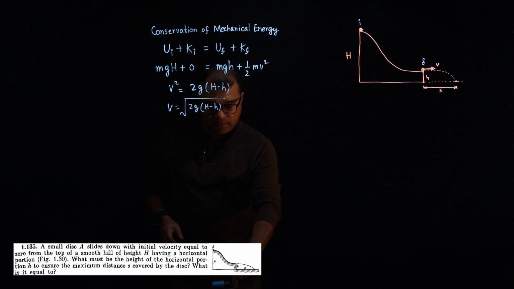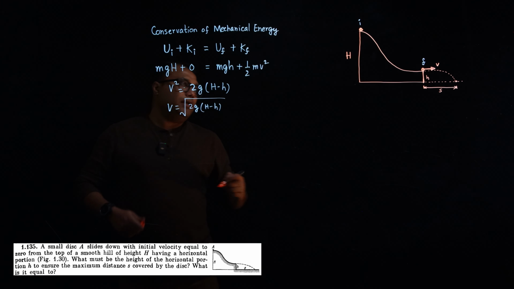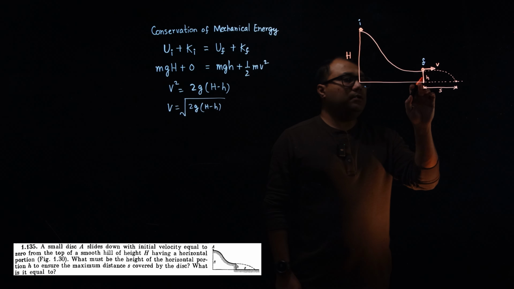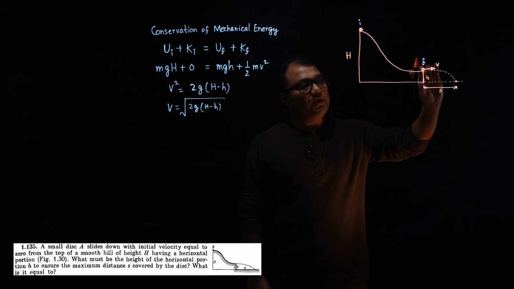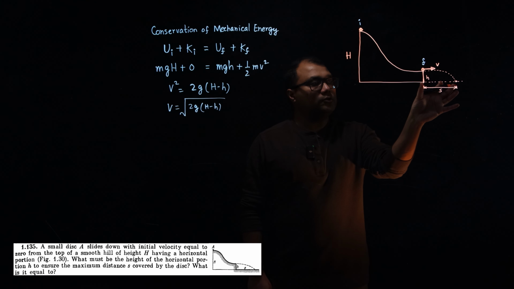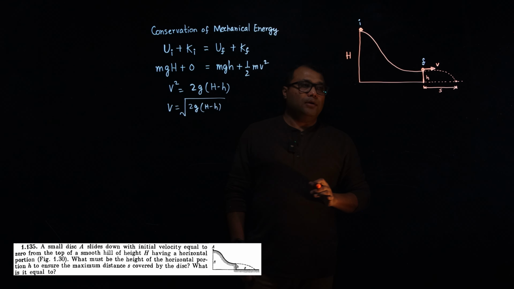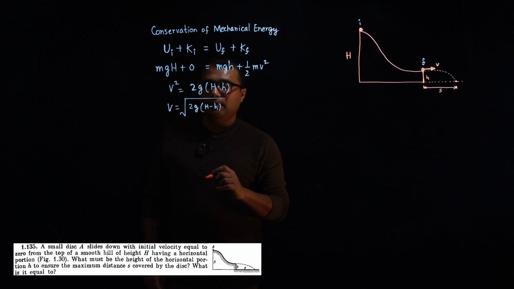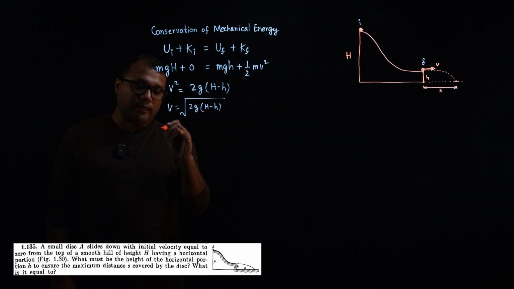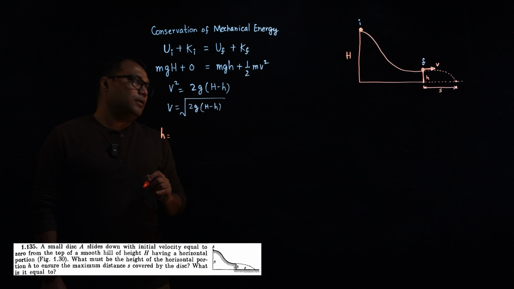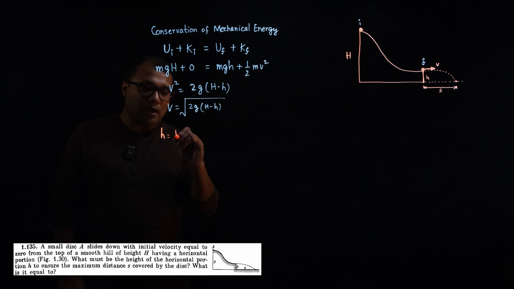Now let's say it takes time t to reach from here to here. So in time t it will cover a distance of height small h, and it will also cover a horizontal distance s, okay. So we can write h is half g t square,